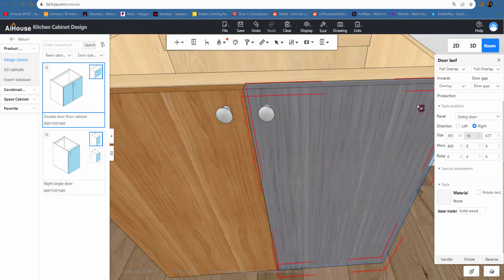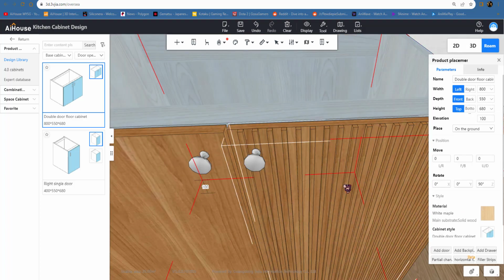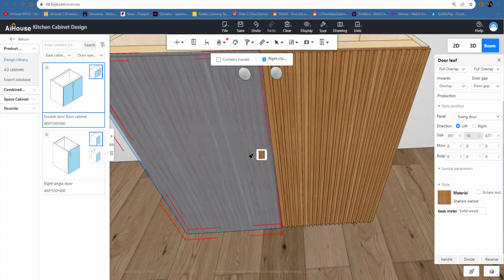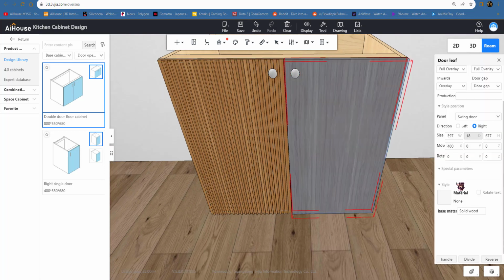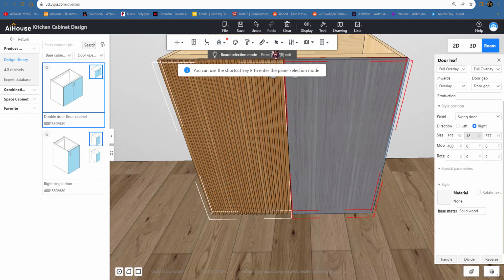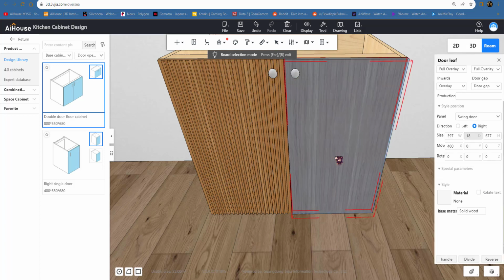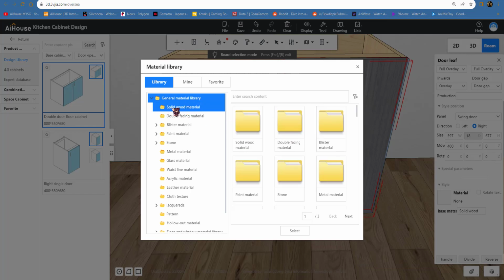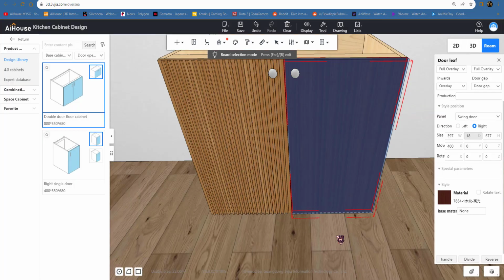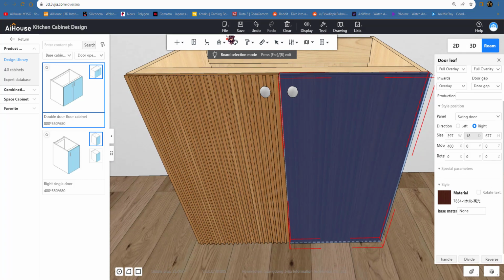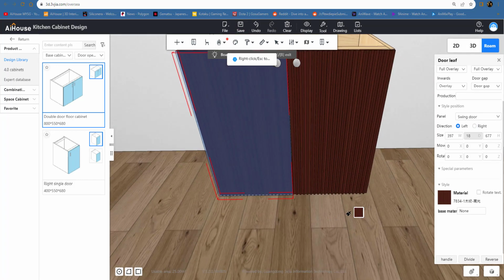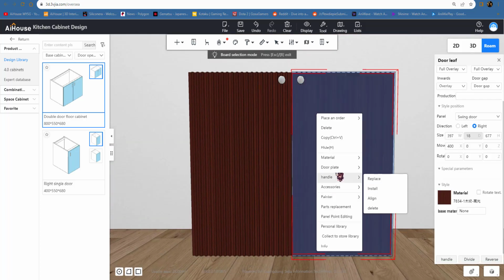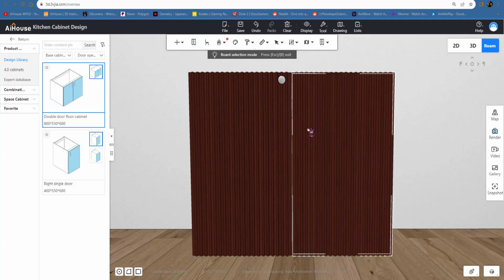You will see it installs the fluted panel style in your door already. If you want, you can just paint the style from here to here. If you want to change the texture, you can change the texture, press B, select. You can use it like this, then the interior painter. There you go. If you don't want the handle you can just right click the handle, delete, or right click